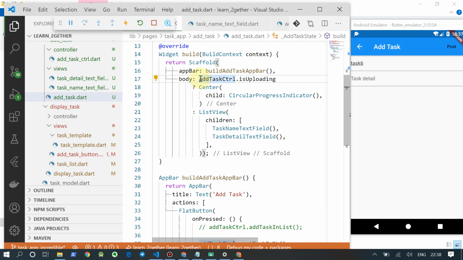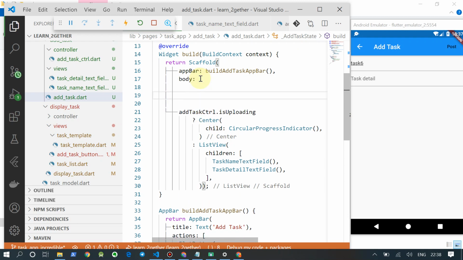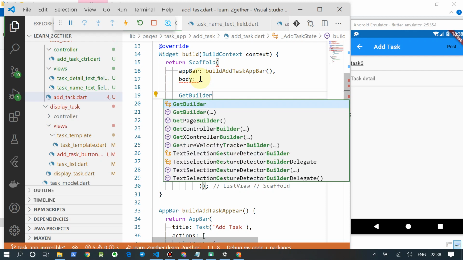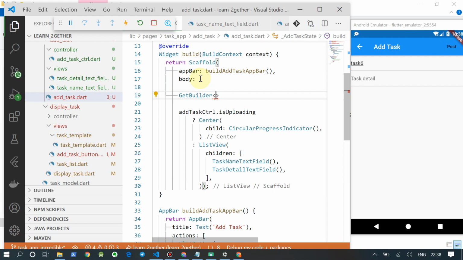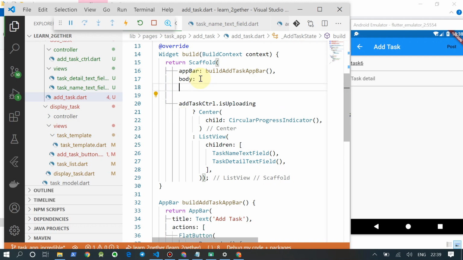Now add task controller. Before that, you have to get it inside get builder. If you remember how we did it, get builder, then main add task ctrl. Before that, first let us type it.